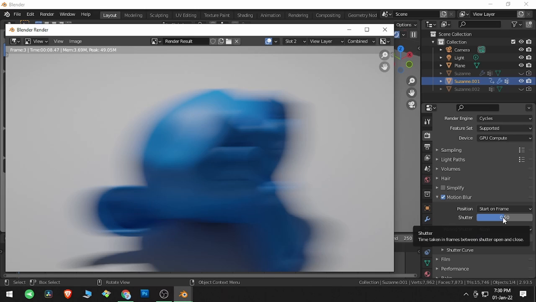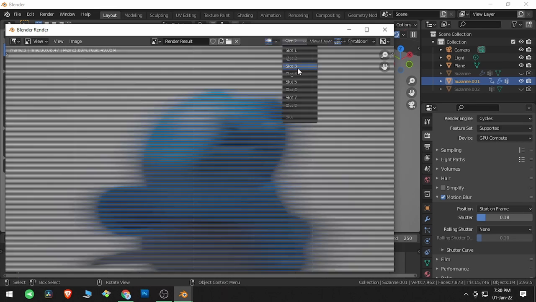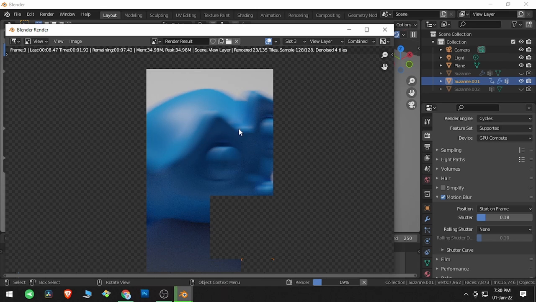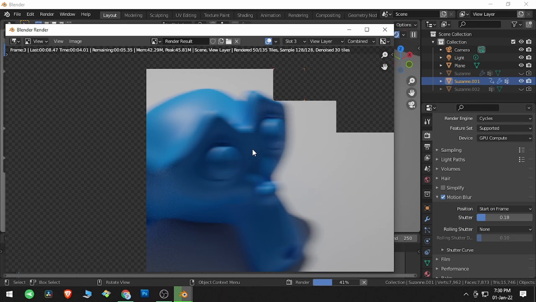Shutter: how much motion blur do you want? If I reduce this shutter and go to the third slot and render our image, the motion blur effect will be lesser.